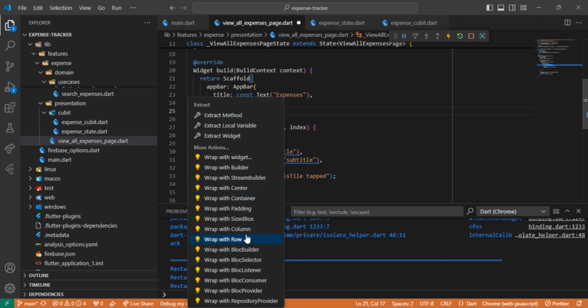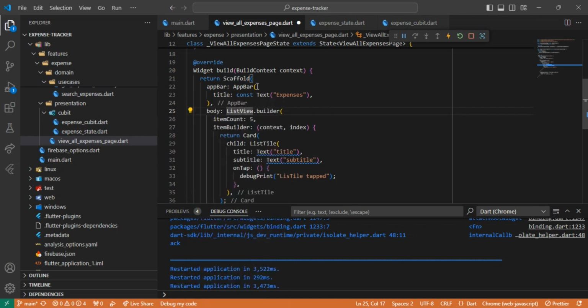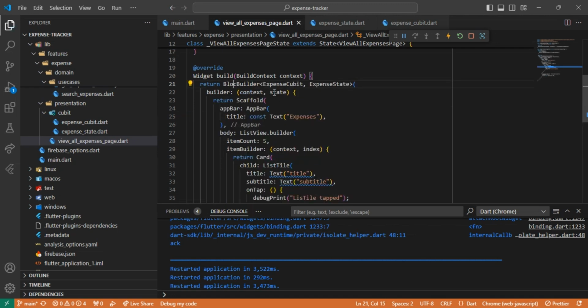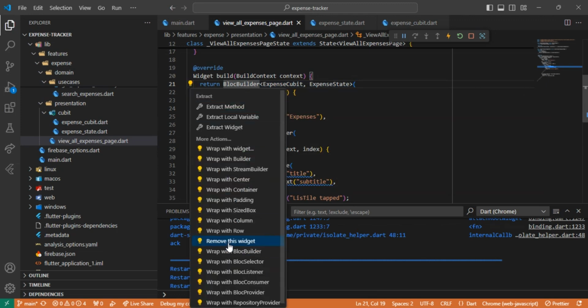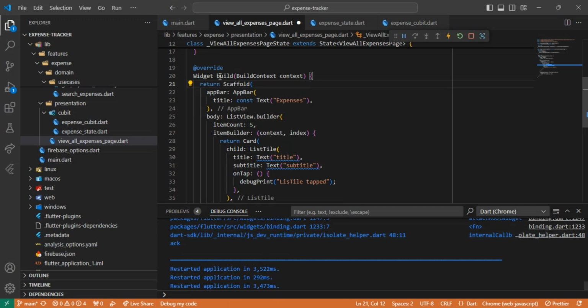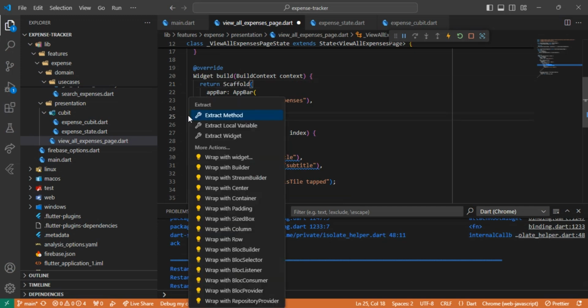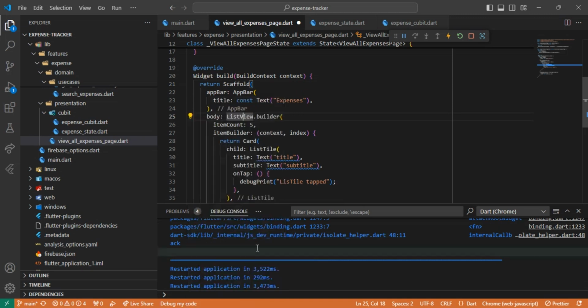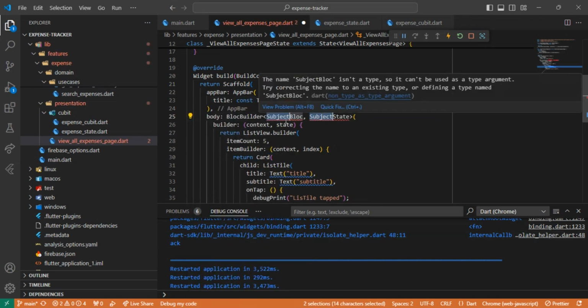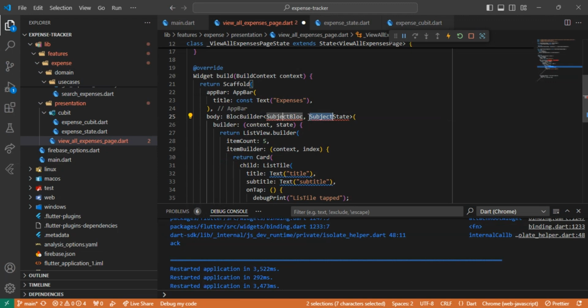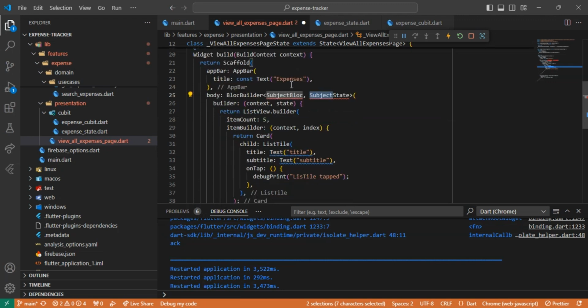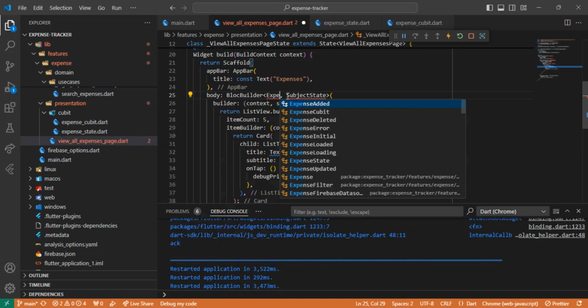Okay, if you're confused paano ko ginawa yan, you just click the widget, yung BlocBuilder, may yan, light bulb, remove yan para mawala siya. But this is what we want to encapsulate kasi ito yung gusto natin na dynamic. This is the part, yung body mismo yung dynamic, so we encapsulate it with BlocBuilder and expense qubit